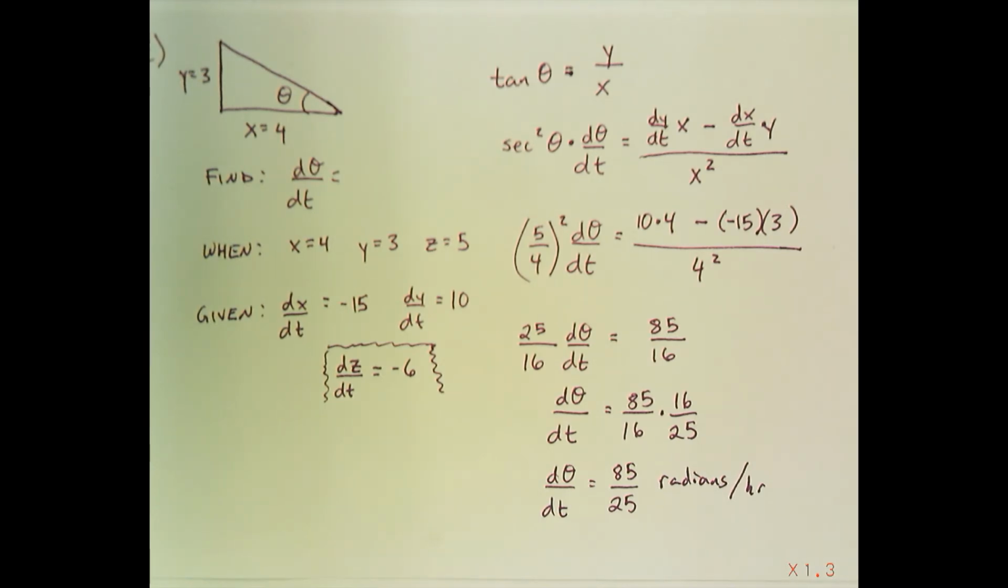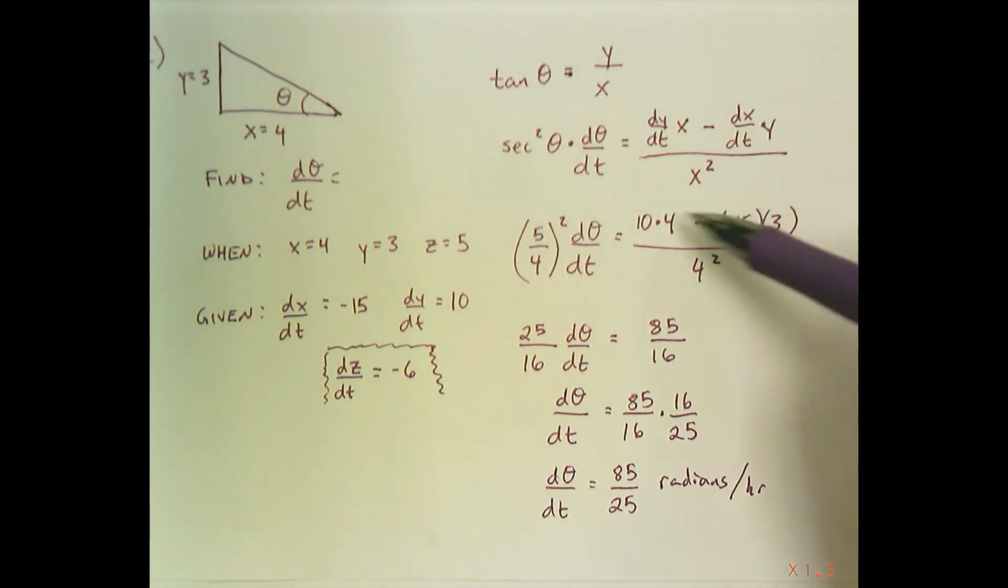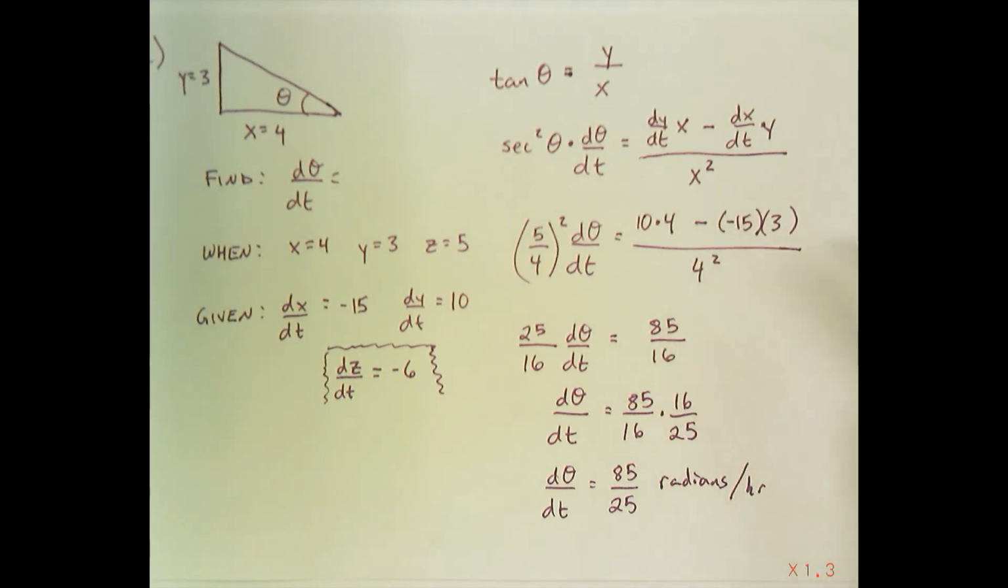But in general, save yourself the time and the opportunity for error and don't do much simplifying. In fact, probably even simplifying this to 85/16 was maybe a bit excessive for the AP Calculus test, because I could have made a mistake there. So